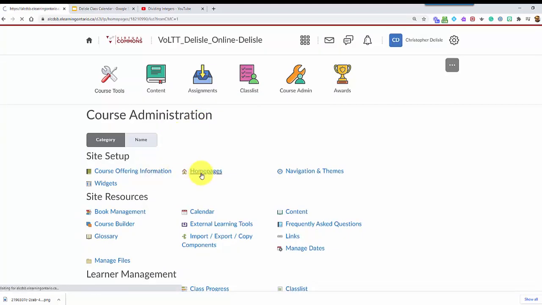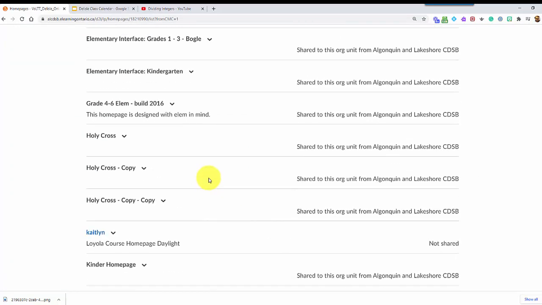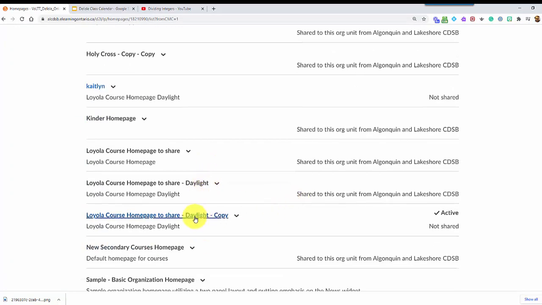and home pages. You may have a default one there. I'm using this one right now, but you may have a default one. You have to make a copy of it before you can actually edit it. I've already made a copy of this one, so I'm going to go ahead and edit this one, and it's my active home page. So I'm going to click on that,